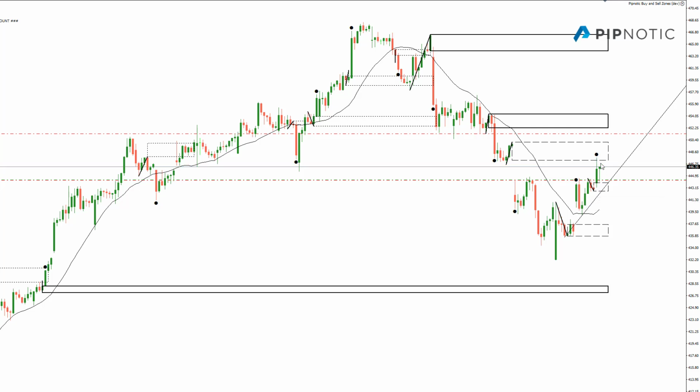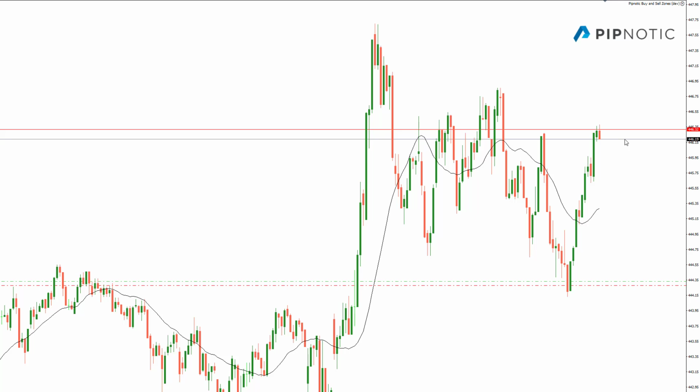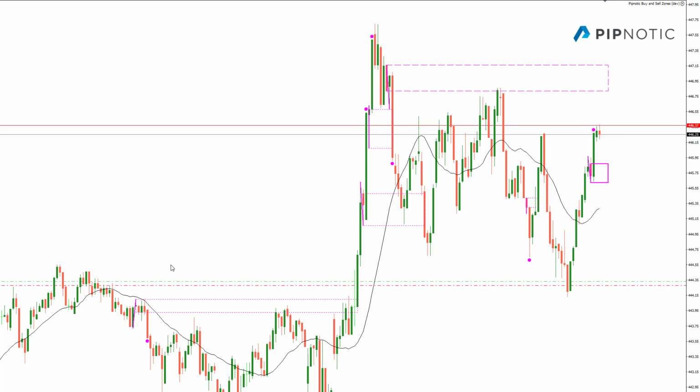And so my whole thought process was that this little rally would continue a little bit higher, and I'm guessing it'll probably begin to peter out once it moves back into this rectangle here. I've got my target here, but I'll leave that up to a little bit of discretion later on. But what I was thinking is that I want to try and refine my entry, and so I went down